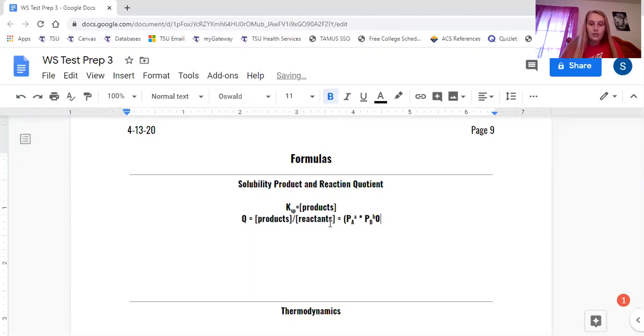And then you're going to have all of that over the pressure of C